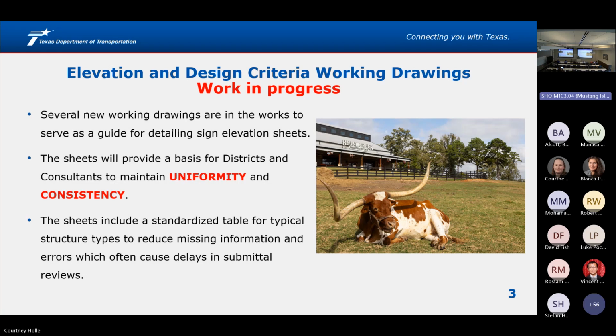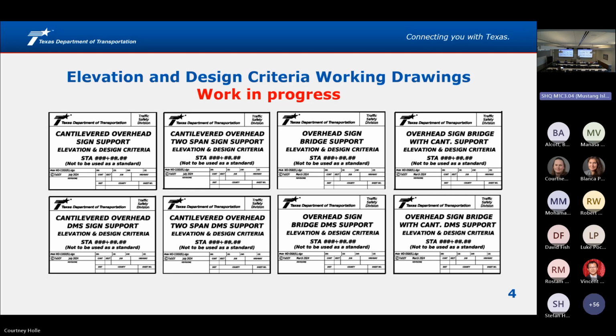Well, contractors, fabricators aren't the designers. They don't know it like we do. So we thought, how can we actually fix this process and improve it? So get into it. We've got 8 currently developed, 4 for cantilever and 4 for OSBs. Trying to identify all the variants that we think we'll see.